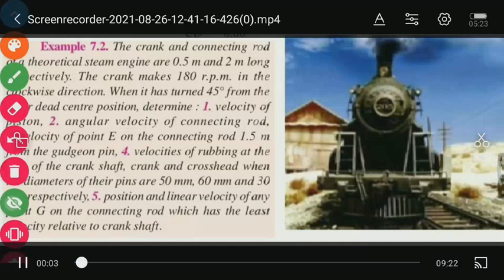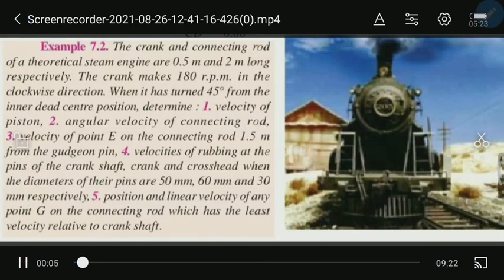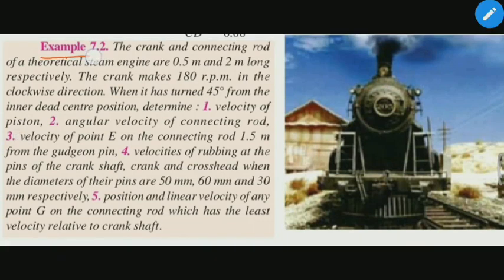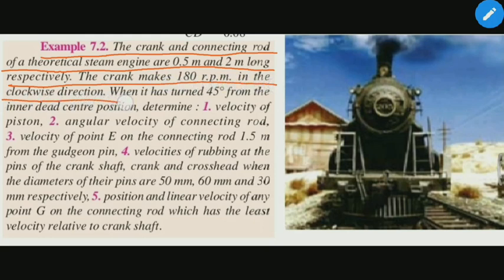Respectively. The crank makes 180 rpm in the clockwise direction when it has turned 45 degrees from the inner dead center position. Determine the velocity of piston, angular velocity of connecting rod, velocity of point E on the connecting rod, 1.5 meter